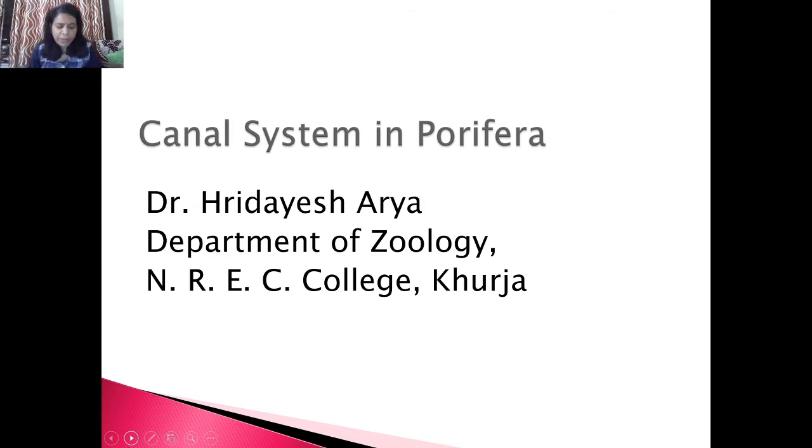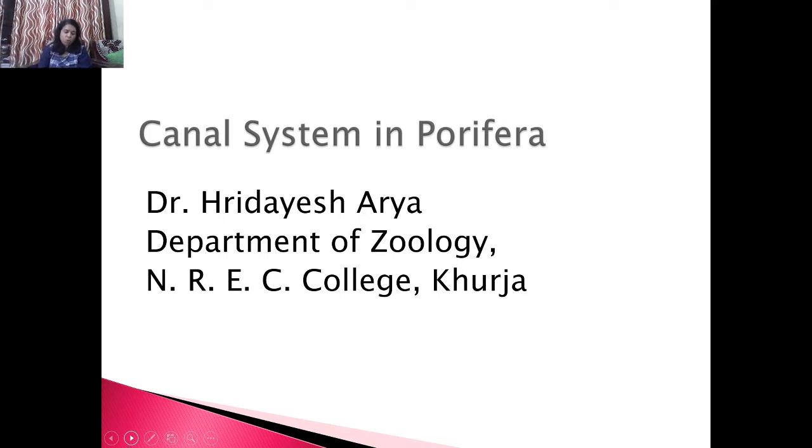As you know, the vital life pulses of a sponge are dependent upon a continuous, uninterrupted flow of water through its porous body. This is essential because they are sessile and have no other means of getting food and oxygen or getting rid of waste. Water current is caused by constant beating of flagella of millions of choanocytes. Water enters the spongocoel through ostia and exits from the osculum.